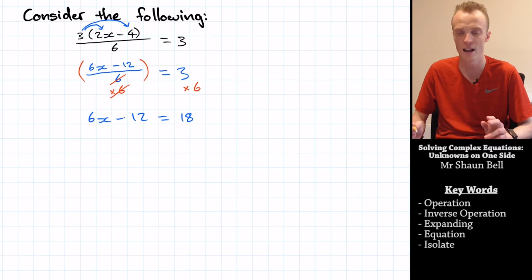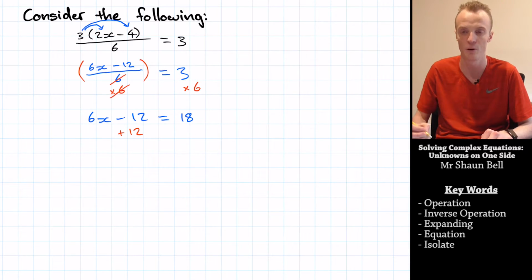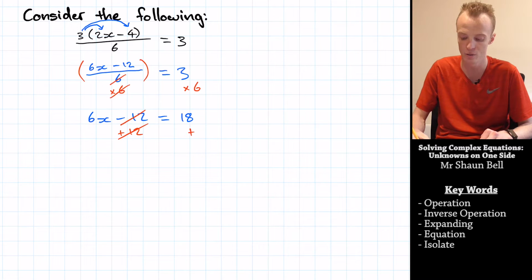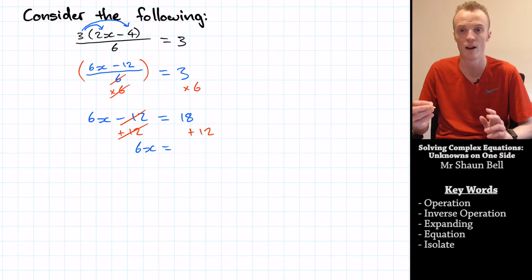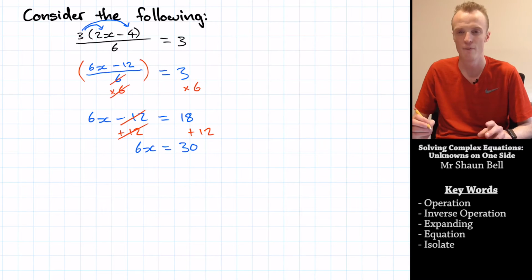From here, I now need to remove the subtract 12. The inverse of subtraction is addition, so I plus 12 to this side to cancel it out. On the right-hand side, to keep it balanced, I must also add 12. So on the left-hand side, I'm left with my 6x. On the right-hand side, I've got 18 plus 12, which is equal to 30. Finally, I need to